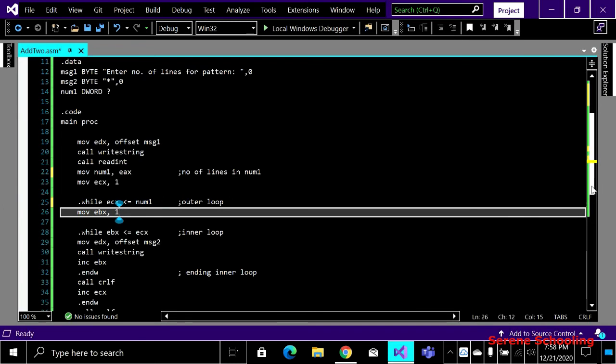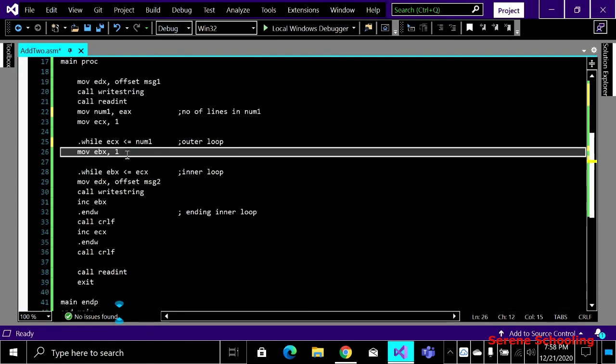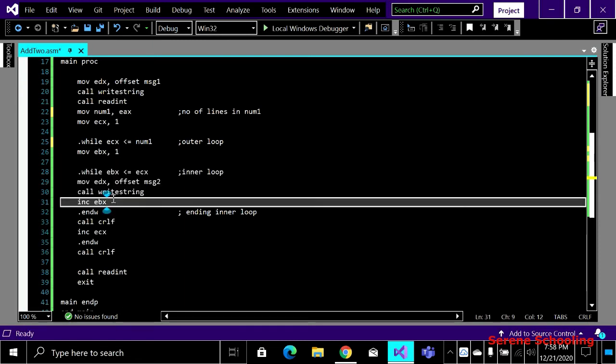Like here you can see, after printing my first asterisk I have to use call Crlf to go to the next line, and then I have to print 2 asterisks, which means my EBX now must be 2 and my row number should also be 2, right? So here you can see we were on this statement incrementing ECX. Now ECX becomes 2 after incrementing, of course. So we have to see, is 2 less than or equal to 3? The user has entered 3, so yes, the condition is true.